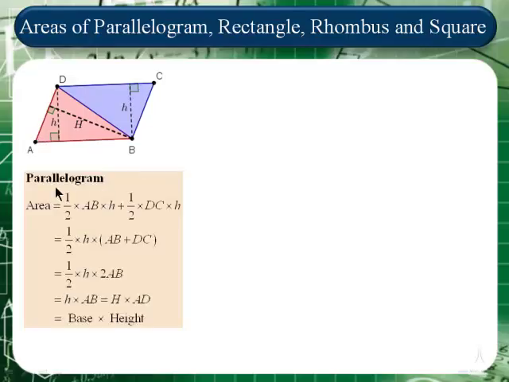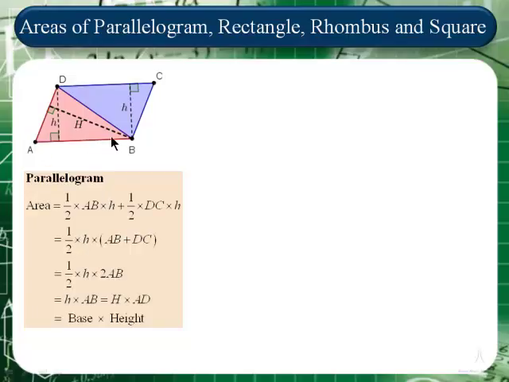So we can again, as before, say that the area of a parallelogram is simply the sum of the areas of the two triangles. The red one is half AB times H, and the blue one is half DC times H. So if we take half H out as a common factor, we get AB plus DC,